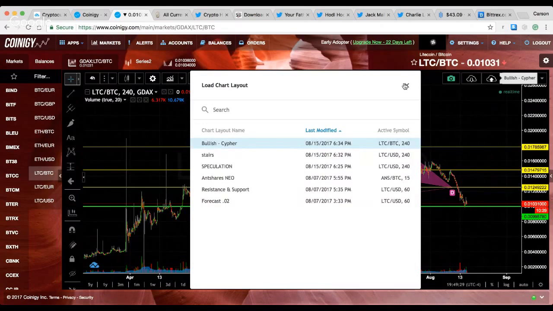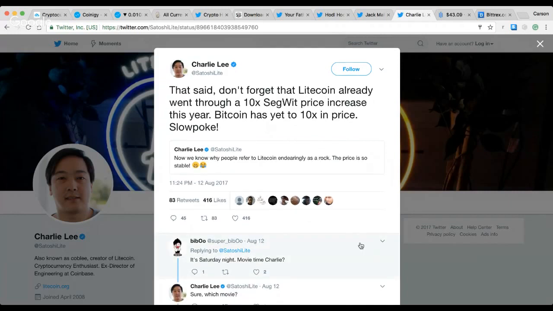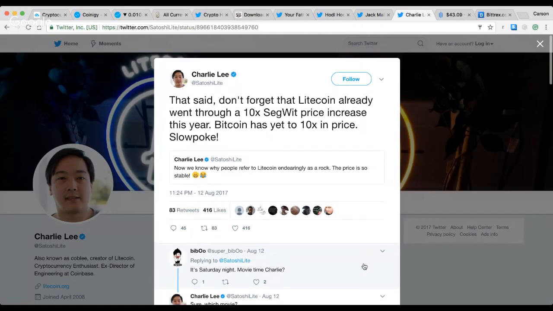And now we're going to get over to NEO in just a second. I want to make sure that I clear this up. So Charlie Lee posted this saying to not forget that Litecoin already went through a 10x since the SegWit introduction price increase this year, which it has. And Bitcoin has yet to reach 10x in price from SegWit. So SegWit has locked in. So I think that he's making a good point, but we could see some retracement with Bitcoin and then another bull run. I think Litecoin will have announcements during this retracement, but Bitcoin has yet to grow a lot,